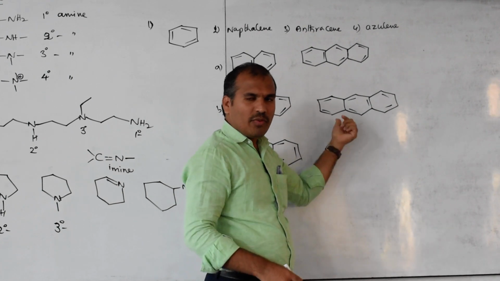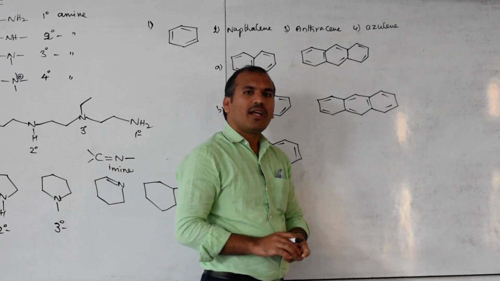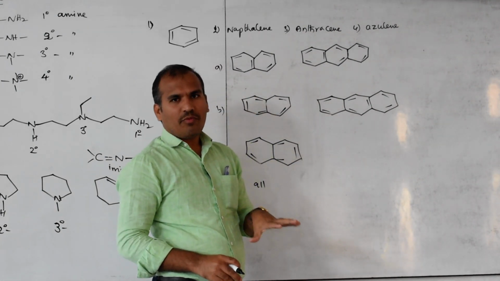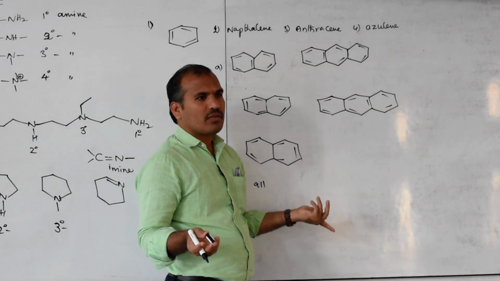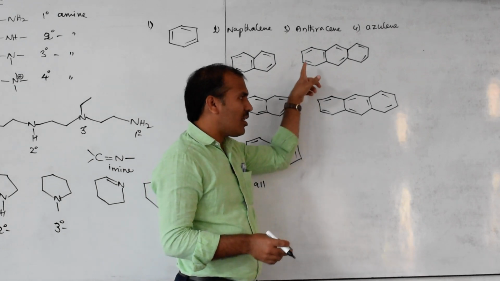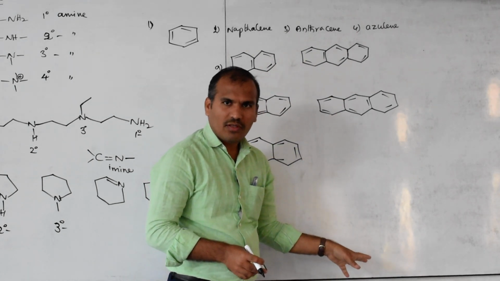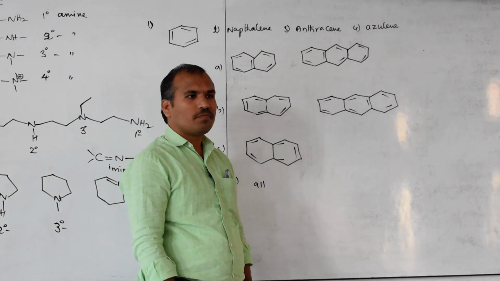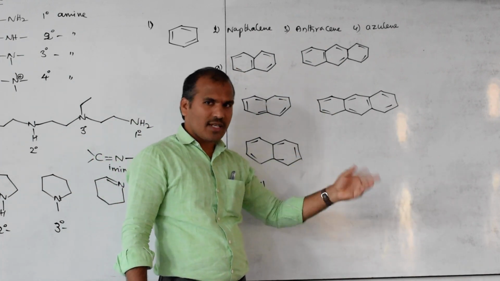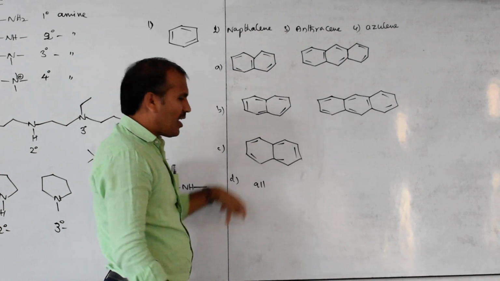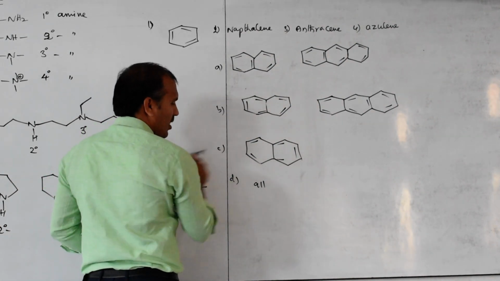Okay. Like this, whatever possibilities there are, you can write, and the one which has the maximum number of benzene rings is most stable, the remaining are not. Sometimes when we give the numbers 1, 2, 3, 4, write their order. For example, here I will write A, B, C, already given.